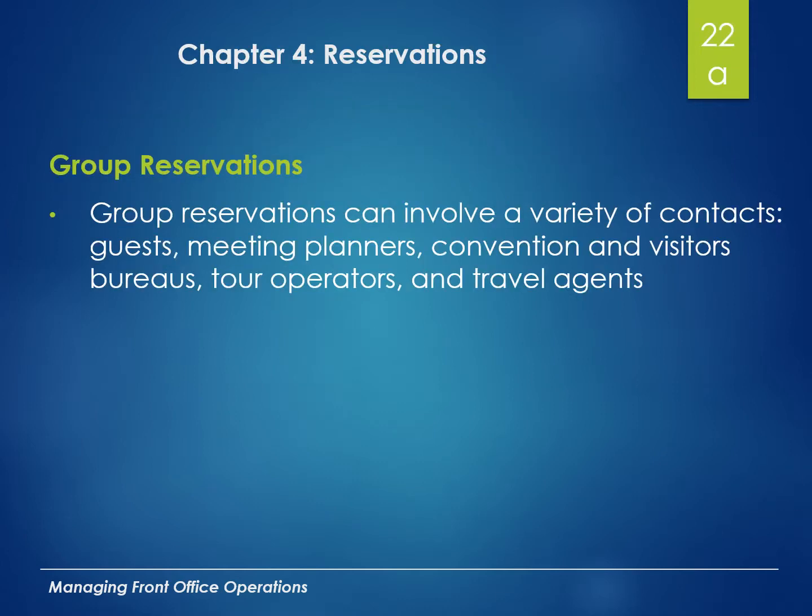So group reservations. Typically, group reservations are contracted, and so you might be working with a meeting planner, you might be working with an association planner, you might work directly with the Convention and Visitors Bureau. So you're working with somebody in order to negotiate a specific rate, and then you actually sign a contract because you're going to guarantee that you're going to fill what we call a room block. Okay, so a group of rooms.